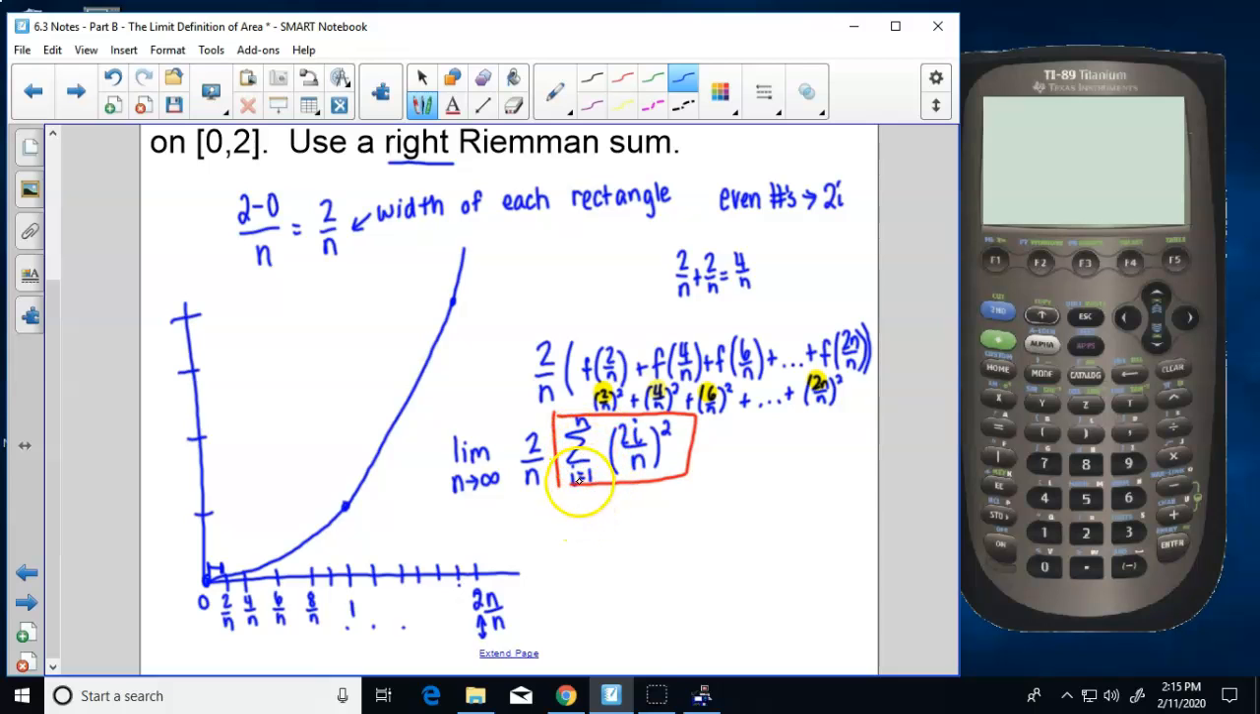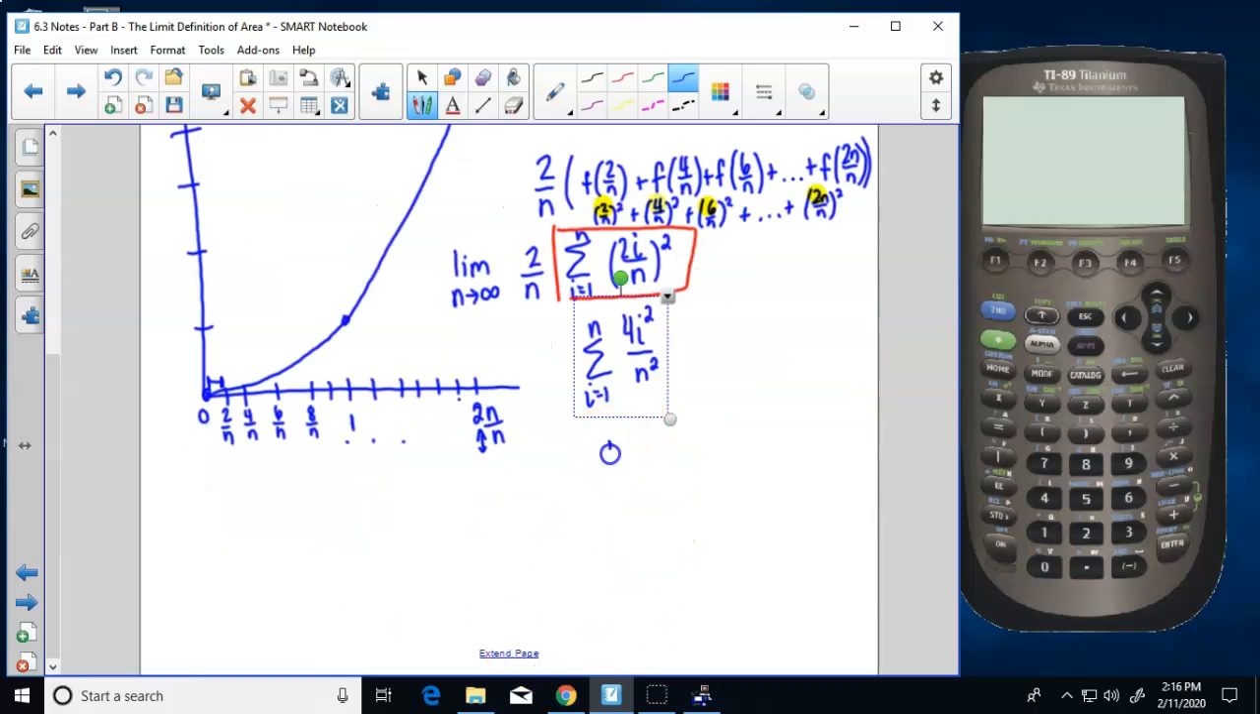So for this sum from 1 to n of 2i over n squared, I'm going to go ahead and square everything. So it's going to be 4i squared over n squared. And what could we pull out front of this, that 4i squared over n squared? 4 over n squared could be pulled out front. And so that would be 4 over n squared